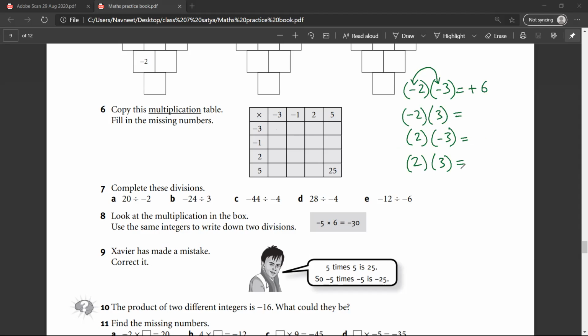Have you understood? So it will be 5. 2 into 3. Beta, this is a multiply. So 2 into 3 would be 6. Minus into minus would be plus. 2 into 3 would be 6. Is there a doubt? No. So minus into plus would be minus. Plus into minus would be minus. 2 into 3 would be 6. Is there a doubt? No, sir.